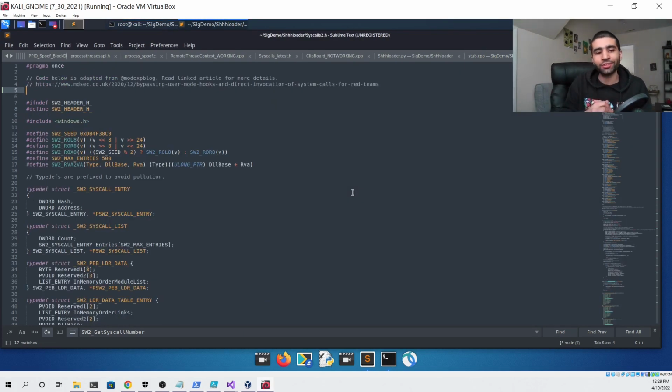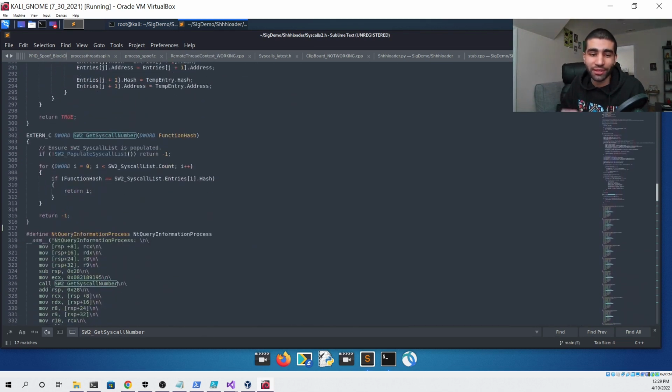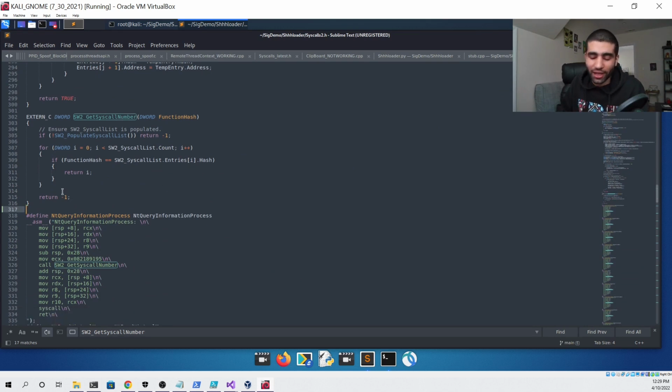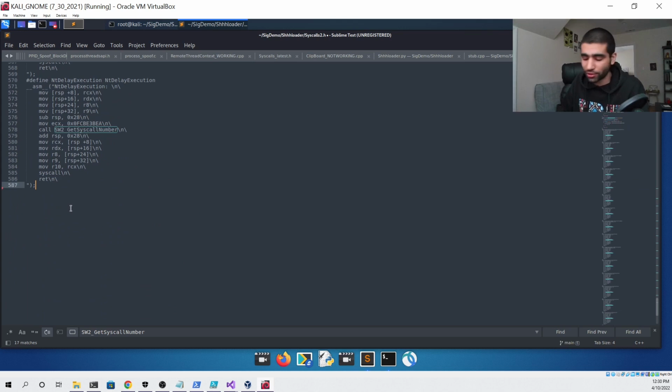And same thing we did earlier, we just go through it, commenting pieces out in order to figure out what the signature is. So to save a little bit of time, I am going to comment out the piece that I think I remember is the signature for this piece of code. And that is this bottom portion that actually defines the assembly that's needed to be executed in order for the syscalls to be used. So if I comment out this part of the code, like so,